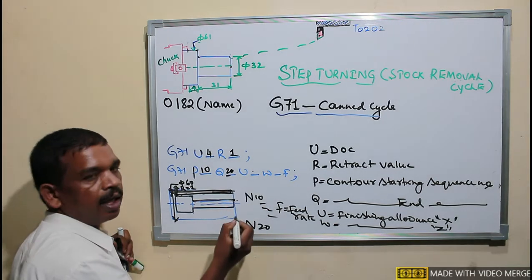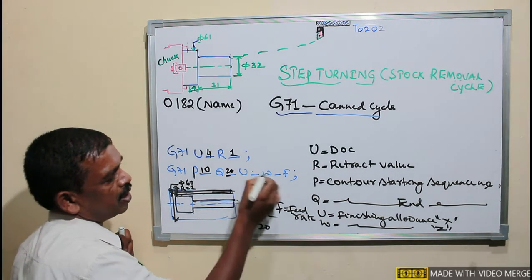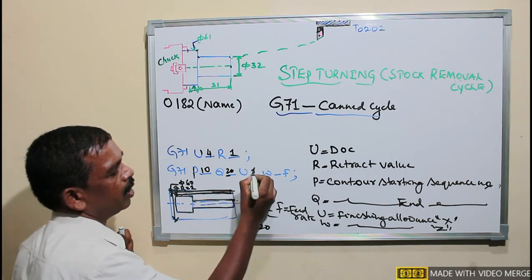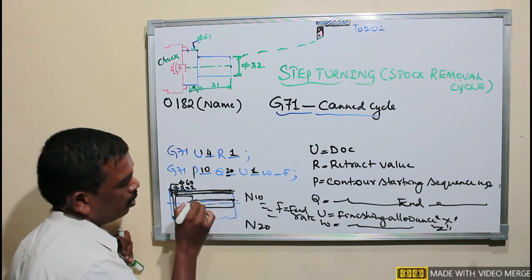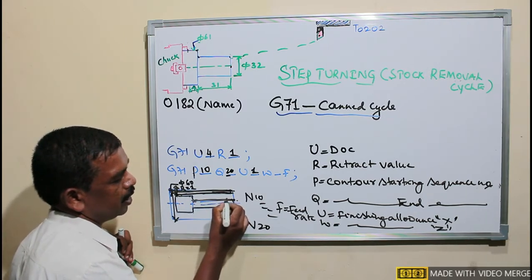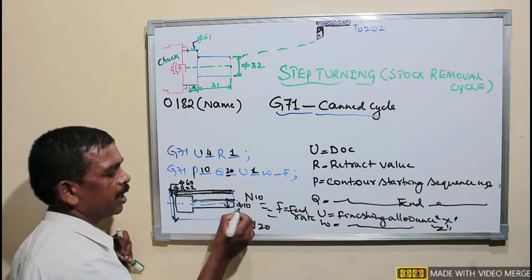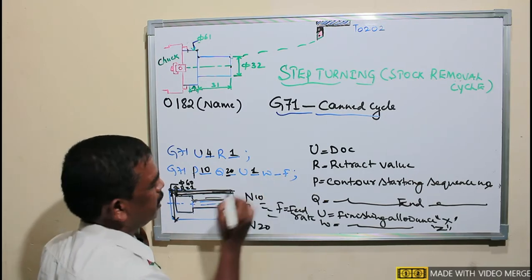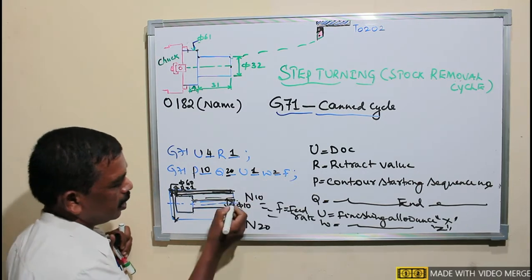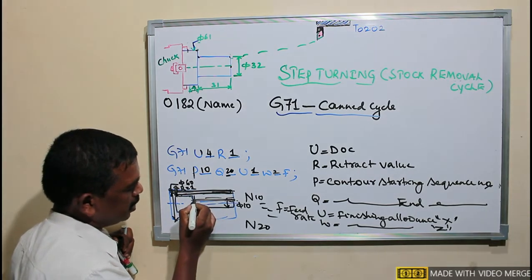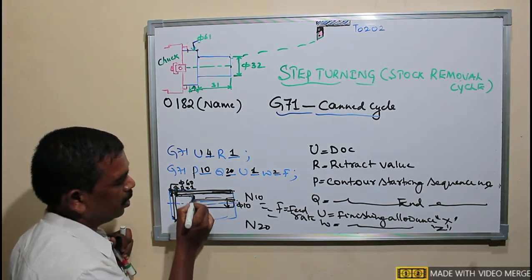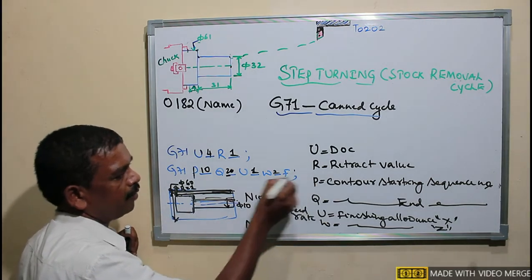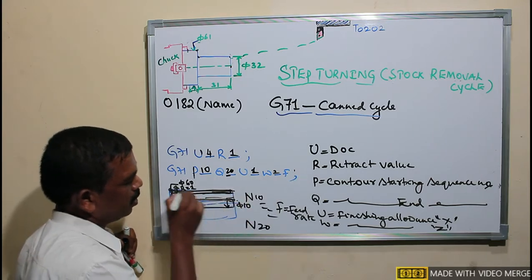Here is the finishing allowance: for the finishing operation we have to leave a certain amount of raw material. If I write 1, the controller will leave 1 mm. For example, if this diameter is 10, the roughing will take place up to 11 mm, so that 1 mm is for finishing. And then W: if I write 2 here, the finishing allowance will be along the Z axis. It will leave 2 mm of stock along the Z axis. F is the feed rate for shaping this workpiece.